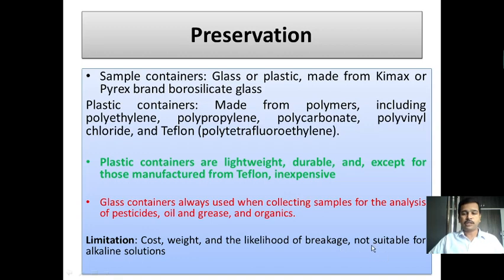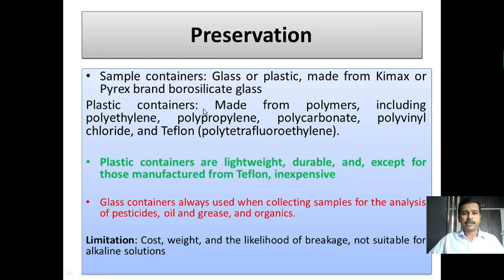And one important advantage of using plastic containers over glass containers is that glass is made of silicates, and when silicate interacts with alkali solutions, sodium or potassium of the alkali solution will be in place of hydrogen of the silicate. Therefore, we may lose the analyte if our intention is to determine the amount of alkali present in the water sample. In such cases, we do not use glass containers. So, we will prefer plastic containers.